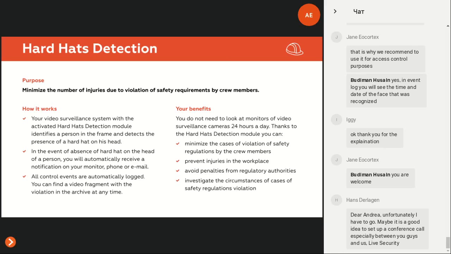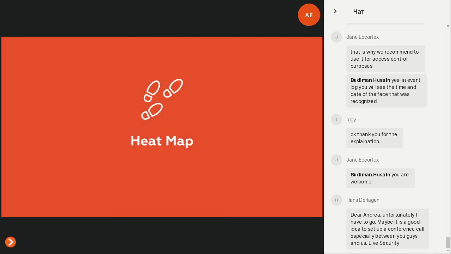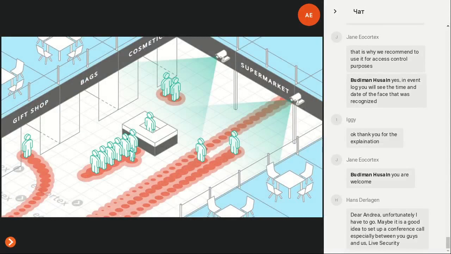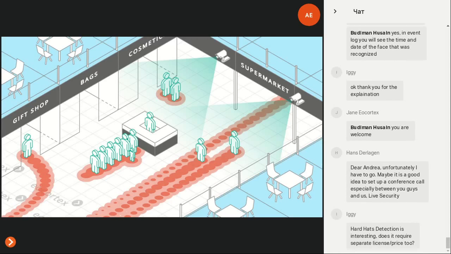Okay, I'm going to keep going with the modules. We already have only a few of them left. So this is Heatmap. Heatmap is very good for shopping malls, because we work in four